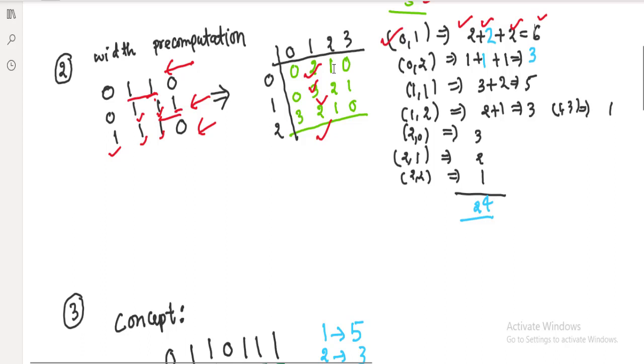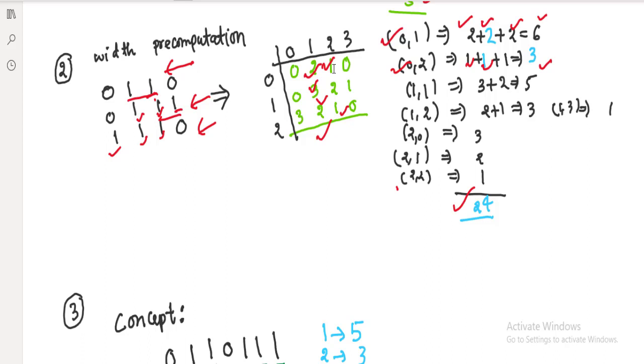Similarly for this one, index 0, 2, we'll find the width. What is this? 1. Next row 2, but we cannot take it; the minimum is 1, so there will be 1. Next row 1, yes, 1. Total will be 3. So starting with this element, the total submatrices which contain all ones is 3. Similarly we compute for all values which are greater than 0. If you add them, we get the answer as 24.